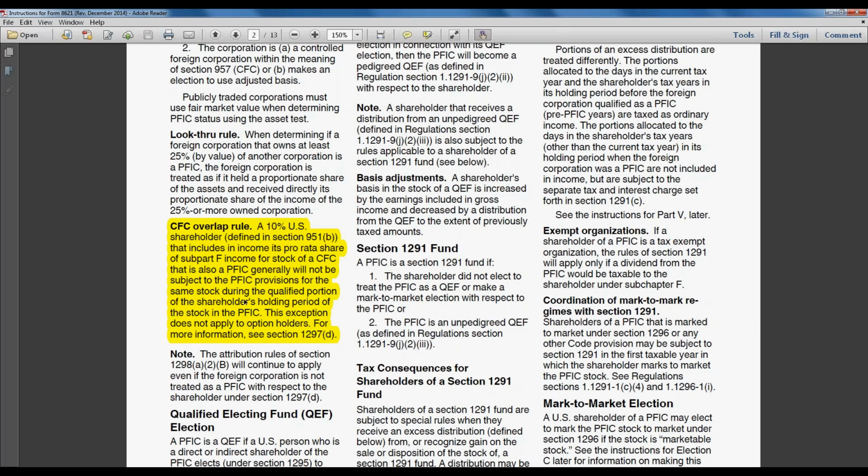The advantage of the PFIC, a non-qualified PFIC, is all that profit is kept inside this corporate shell. The disadvantage, of course, is it's not going to come out as long-term capital gain. So that is it for PFICs. We're going to have a few questions and answers, and